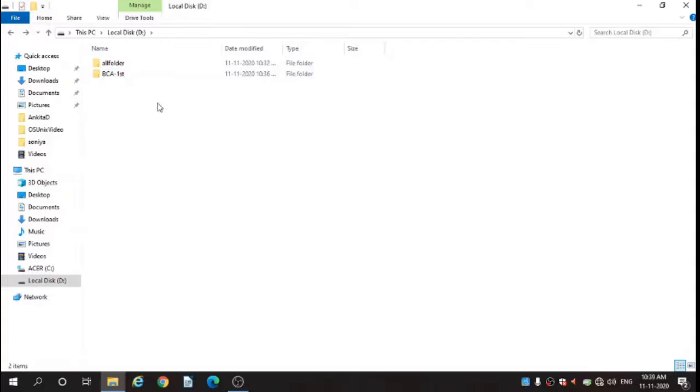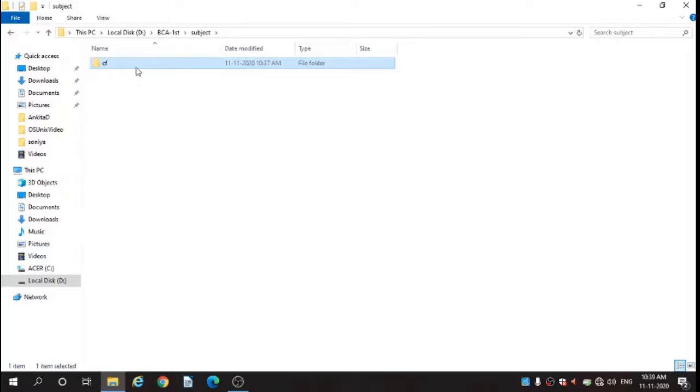I'm considering that some of the students may not be able to do this, but some of you have already done this. You can delete folders from here also.